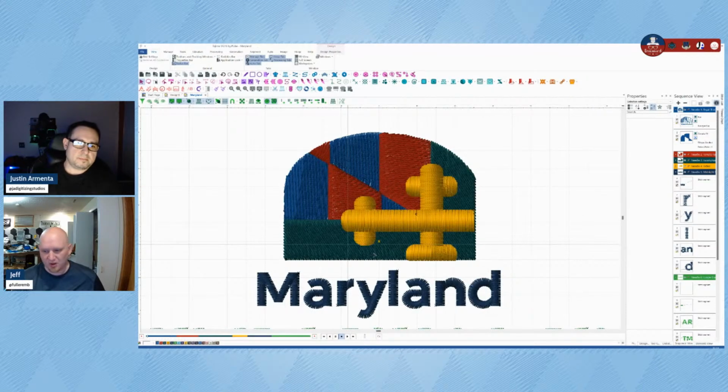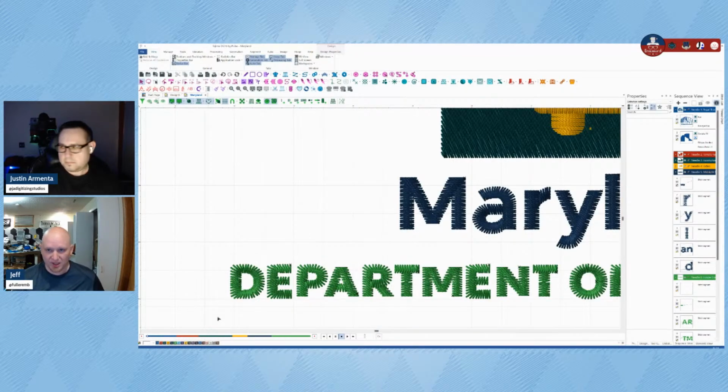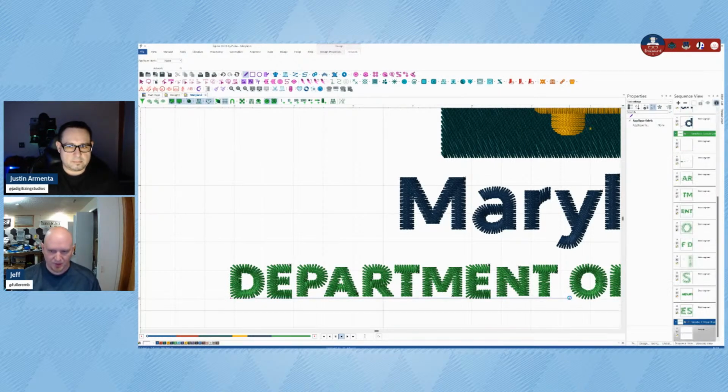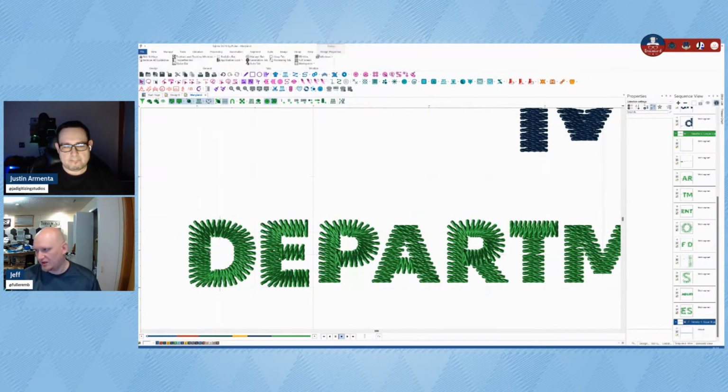So the next part of that, I guess, we'll move down to the text, which I'm not going to lie, this text drives me nuts just a little bit more than it probably should. So the first thing I'm going to do is draw a line here along the bottom and move that down just a little bit closer to the line, to line up those stitches, because I want to fix the corners, and in order to fix the corners, I need to see where they're at. So I'll go ahead and drop that line there, and now I can see all of the corners that are set. I'm going to grab this letter here, and we'll just,